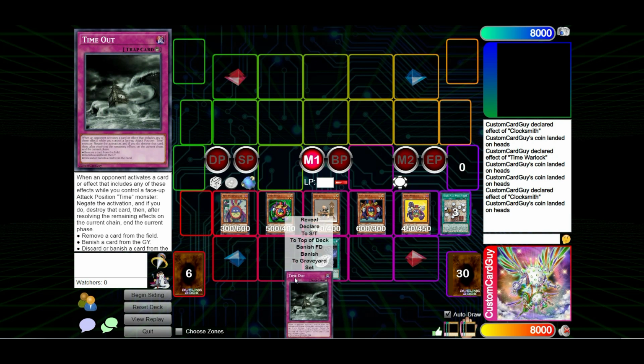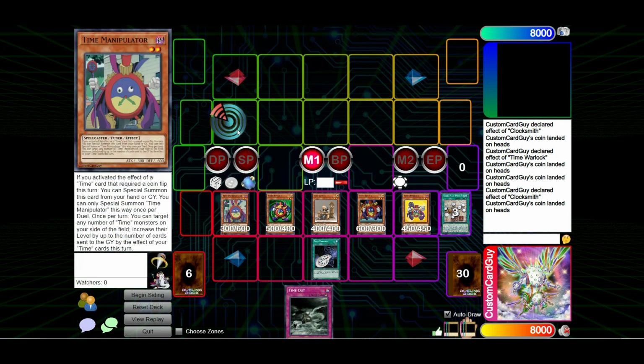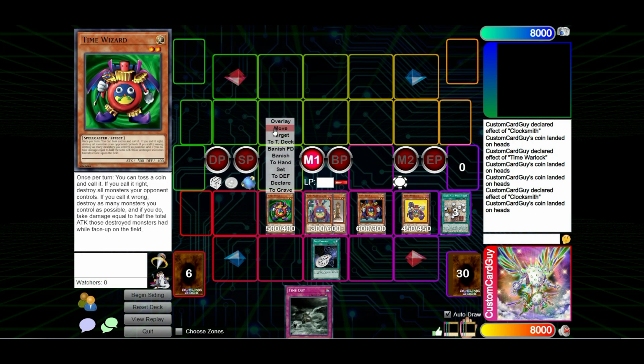And the last card that we have in hand is Time Out. Now this is a cool card that allows you to negate any effect that your opponent may activate that will remove a card from the field, banish a card from the graveyard, or discard or banish a card from the hand. So the way that we're likely going to end up our field is with